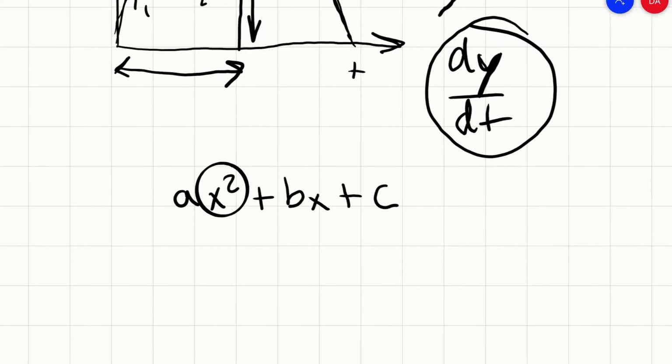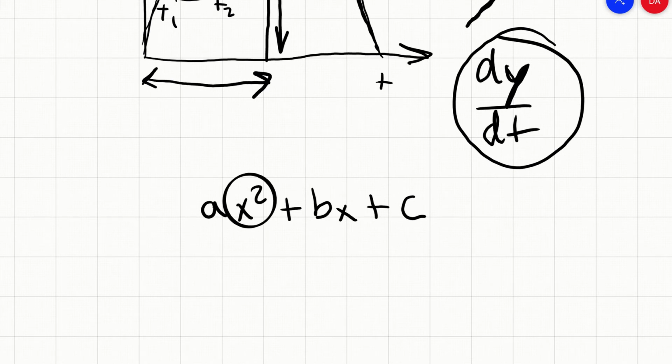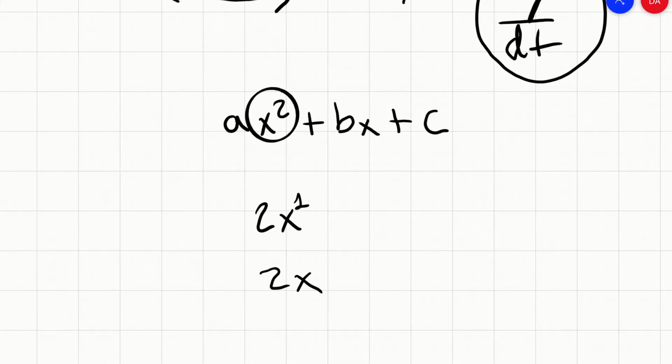So x squared is 2x to the n minus 1, which is 1. So this just becomes 2x times a, which we can rewrite as